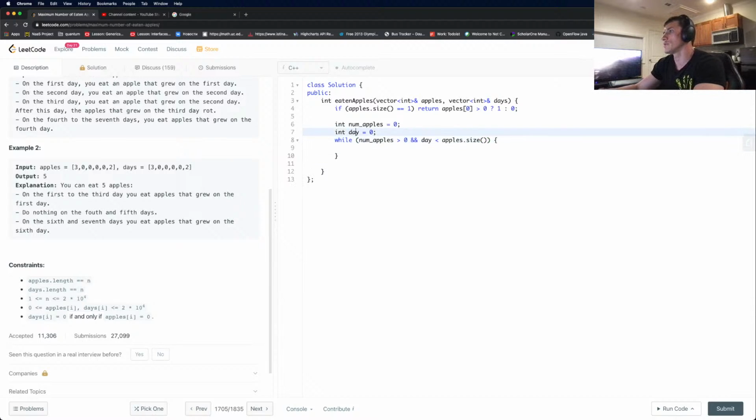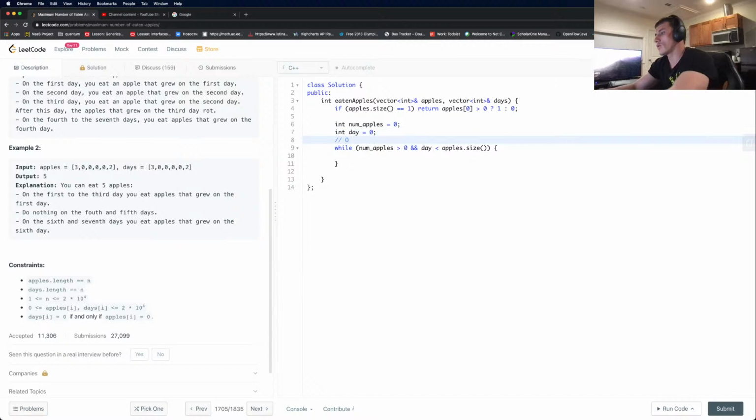So this will be at most O of n plus whatever max days something. I don't know. It's asymptotic complexity, right? So whatever maximum value in days we have, plus n, this will be the maximum number of iterations we can make. So with this maximum number of days at the end of the tunnel,